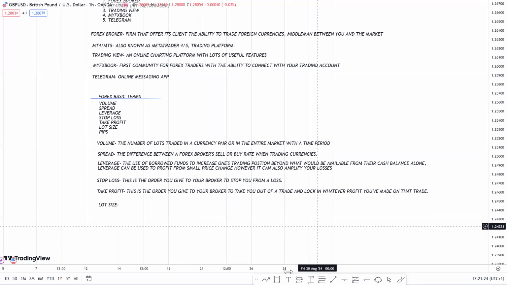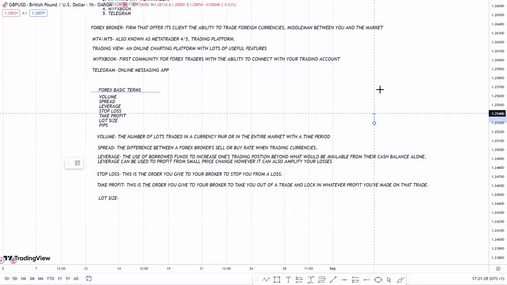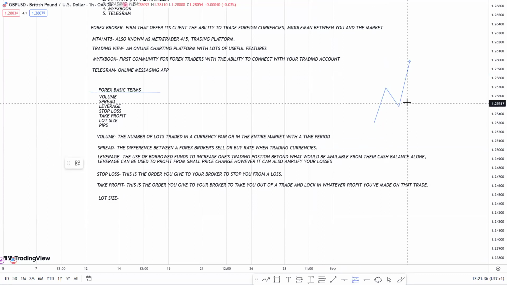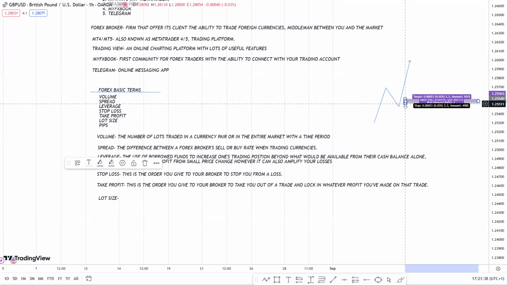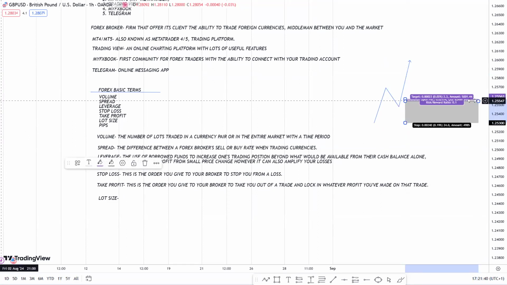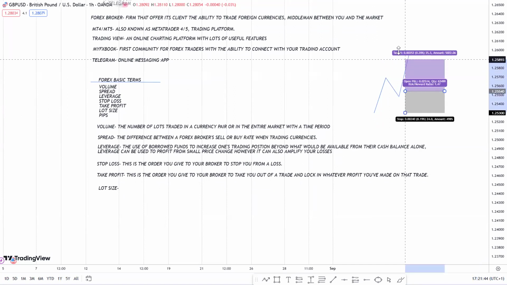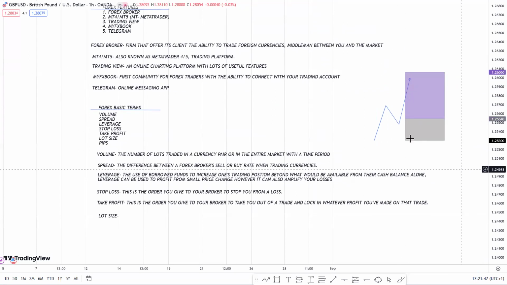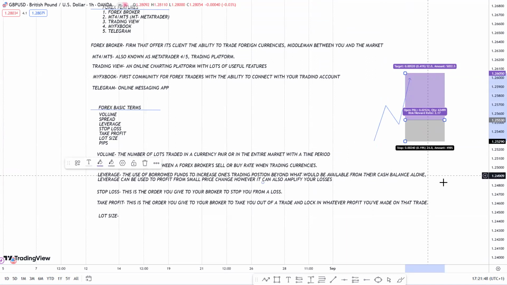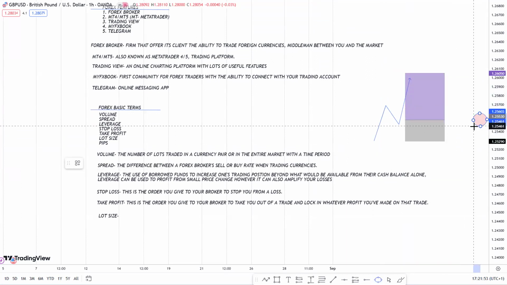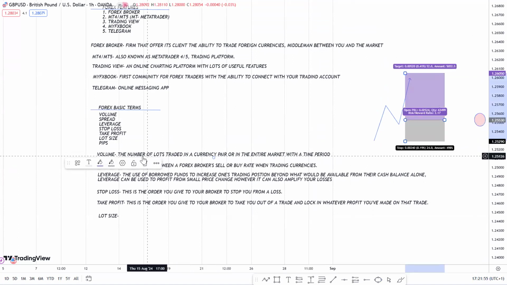Let me give you an example. Let's say you're looking to buy in an uptrend like this. You know that in an uptrend, you're supposed to enter at a position. You're supposed to enter at a place like this. So let's say your entry point is, look at this digit here, 1.55